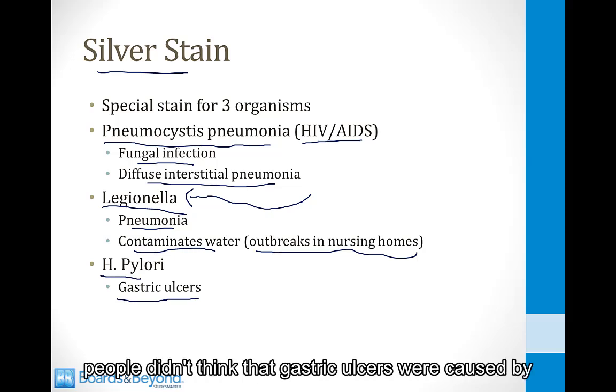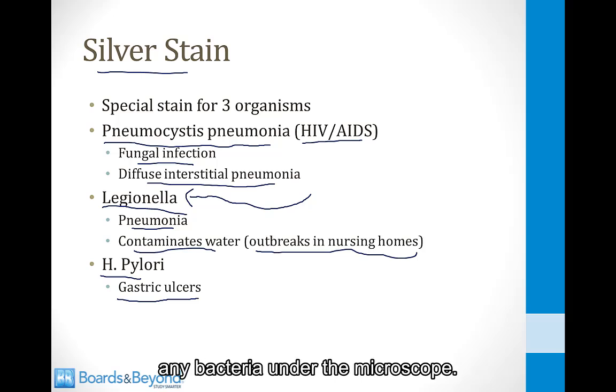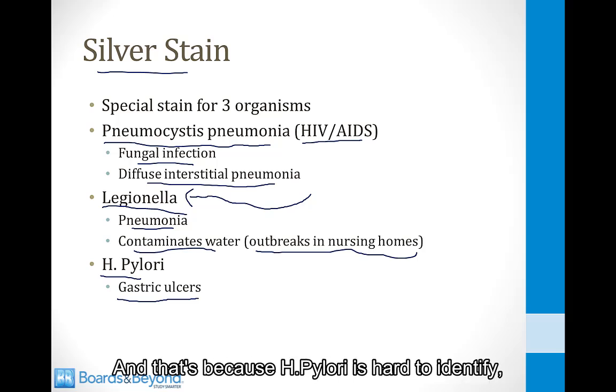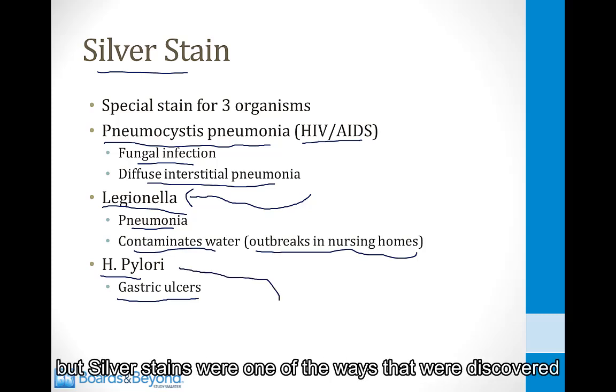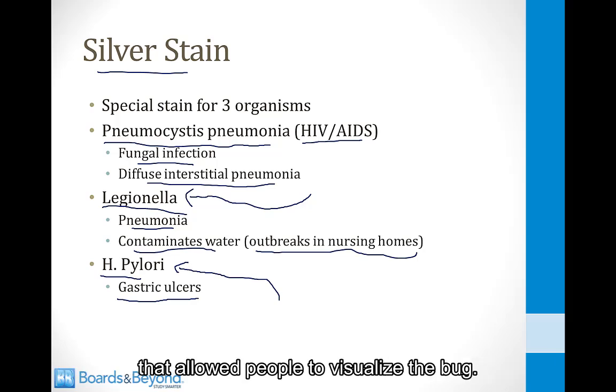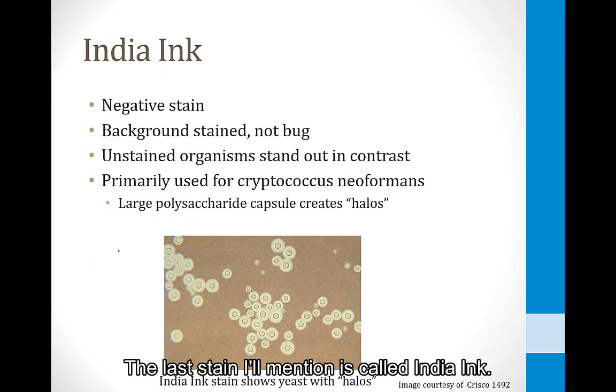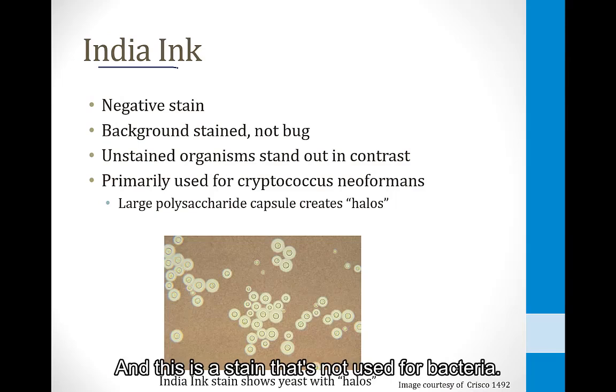So for a long time, people didn't think that gastric ulcers were caused by bacteria because nobody ever saw any bacteria under the microscope. And that's because H. pylori is hard to identify, but silver stains were one of the ways that were discovered that allowed people to visualize the bug. The last stain I'll mention is called India ink, and this is a stain that's not used